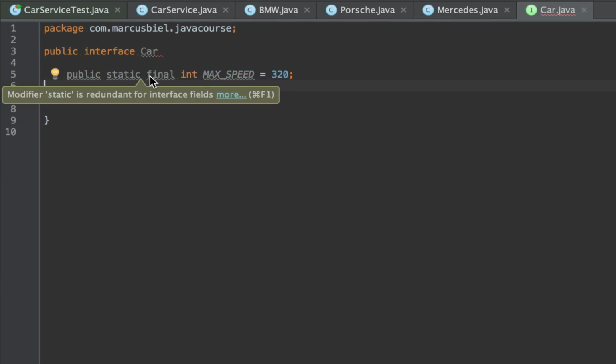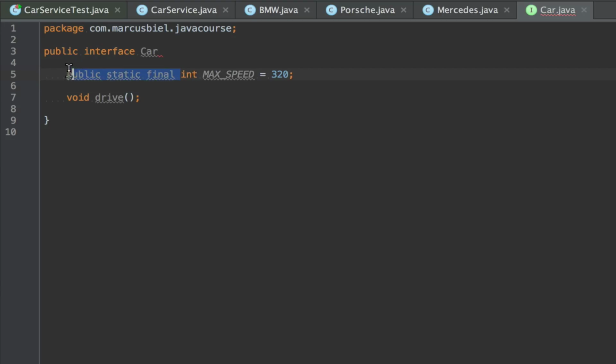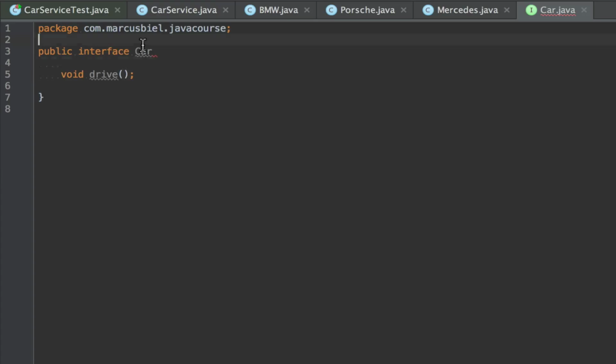So here you already see it's redundant. All this is redundant and should be removed. But this should also be removed, as I said before, because this is an implementation detail. This is not part of our contract, because the car should just define what needs to get done, what behavior a class implementing that behavior has, like it should drive, but the way how it drives, if it drives fast or slow, this is part of the class and not part of the interface. This is really important when you want to do clean coding.